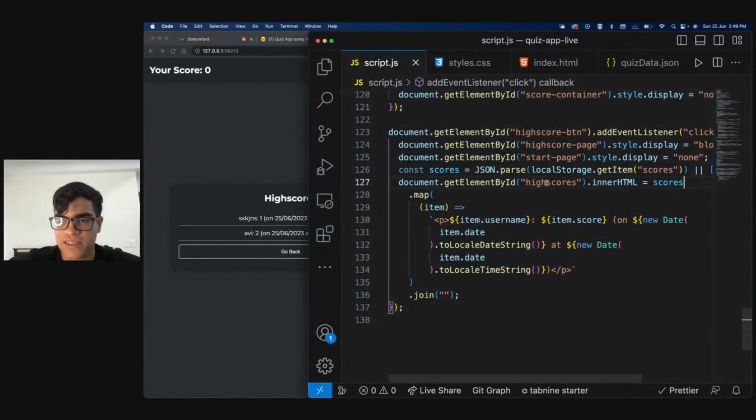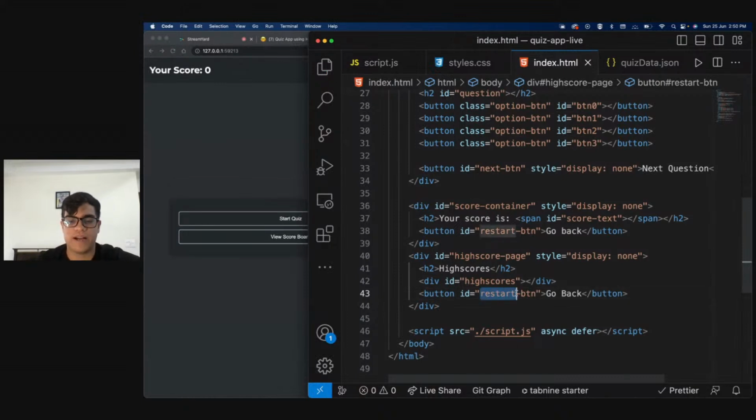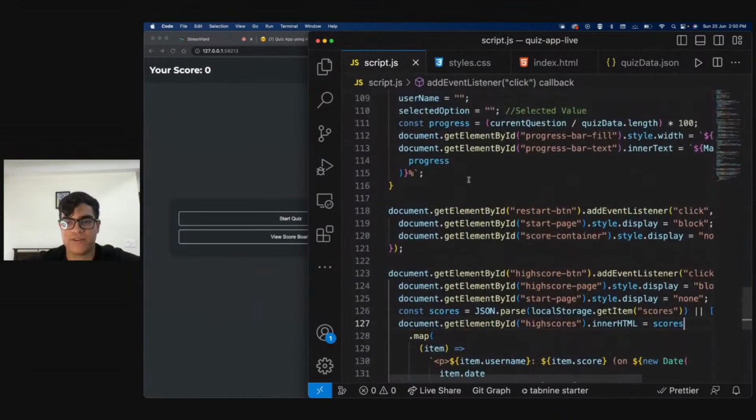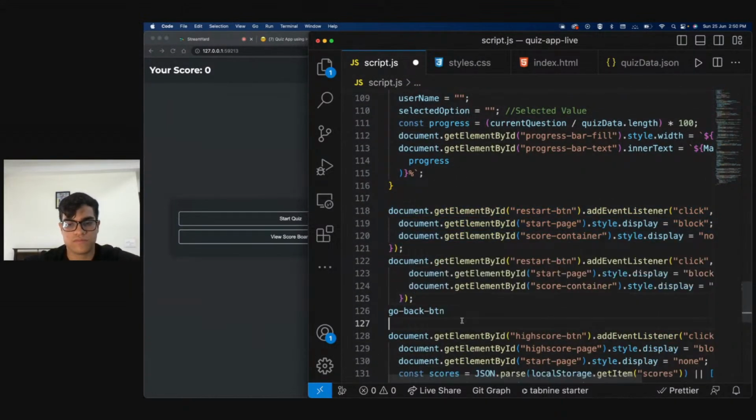Just a second. So for that, I think I'll have to say go back. So I just have to say go-back over here, and basically we'll have the same logic that we had for the restart button, for the go back button.